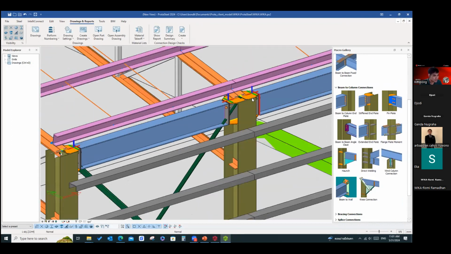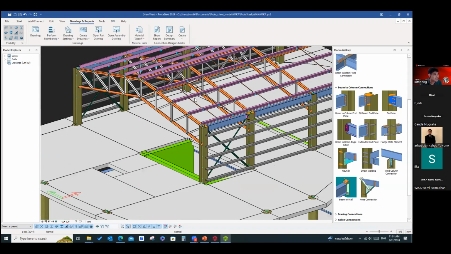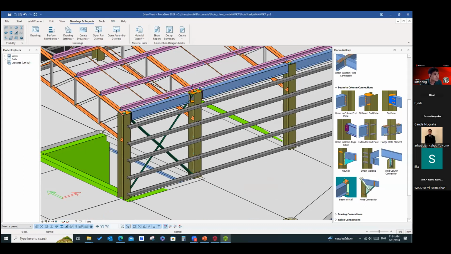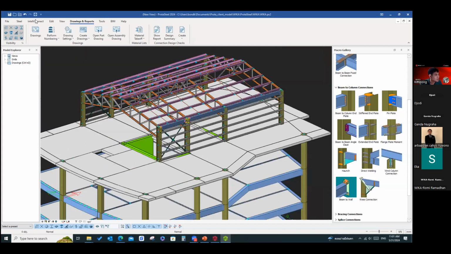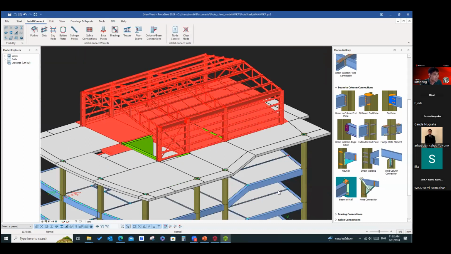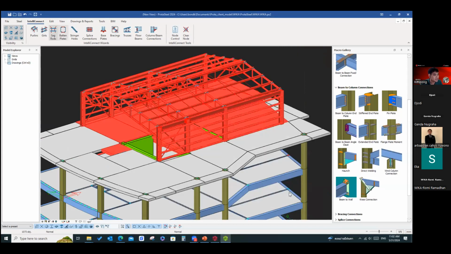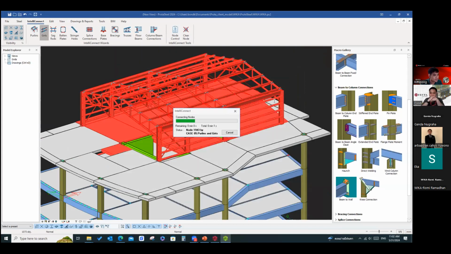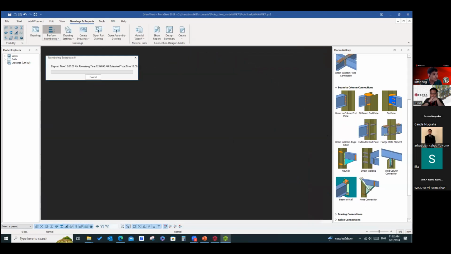And another thing is the drawing. The drawing of the steel structure is like this. It's quite easy. Maybe I will add another thing to the model, maybe the purlin connection, the truss connection, like this. Okay, and we will do the drawing. Before we do the drawing, we have to start numbering.